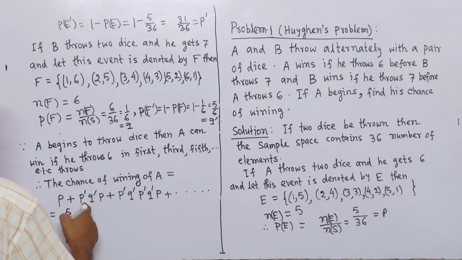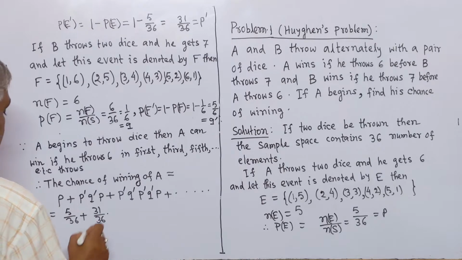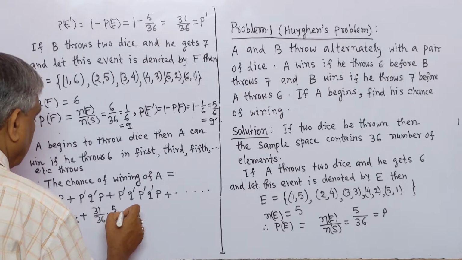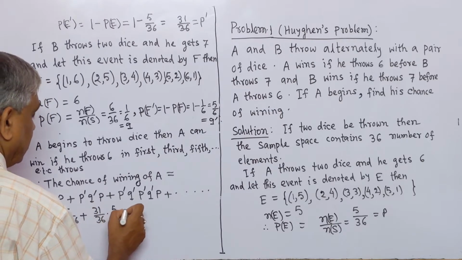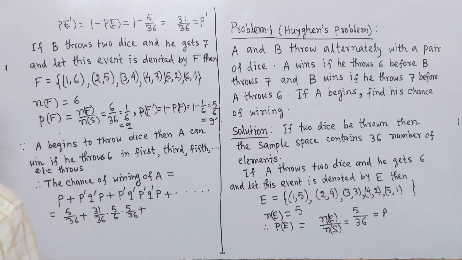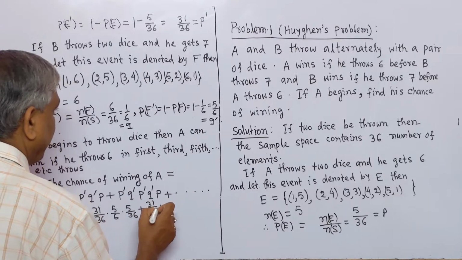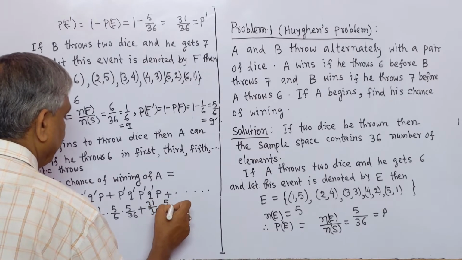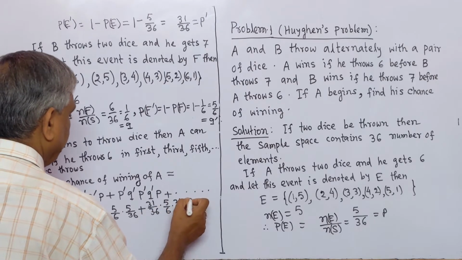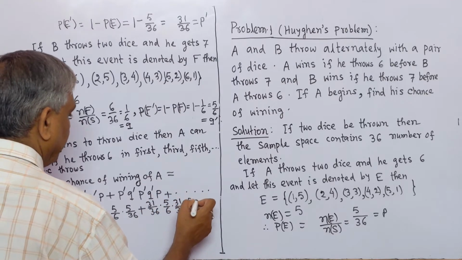P prime means 31 by 36. Q prime means 5 by 6. P means 5 by 36, plus P prime means 31 by 36, Q prime means 5 by 6, P prime means 31 by 36, Q prime means 5 by 6, and P means 5 by 36